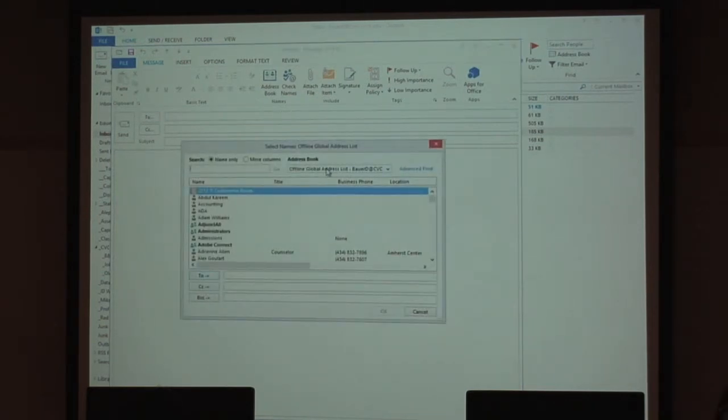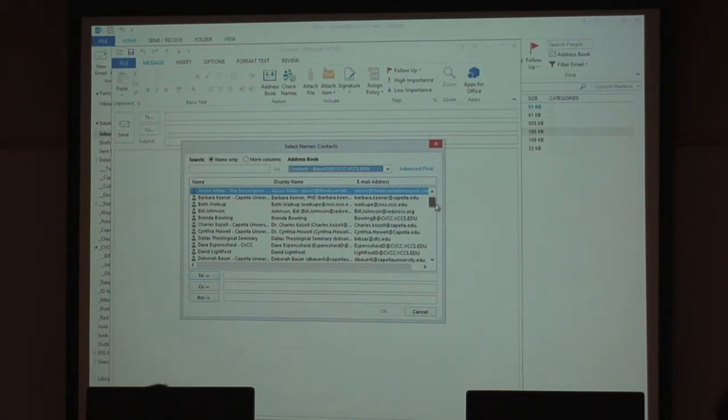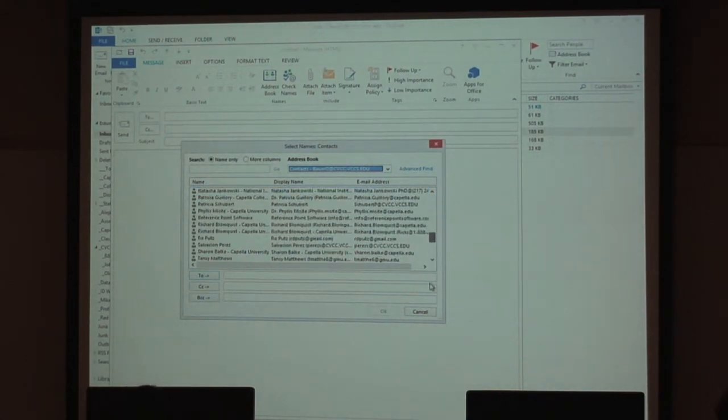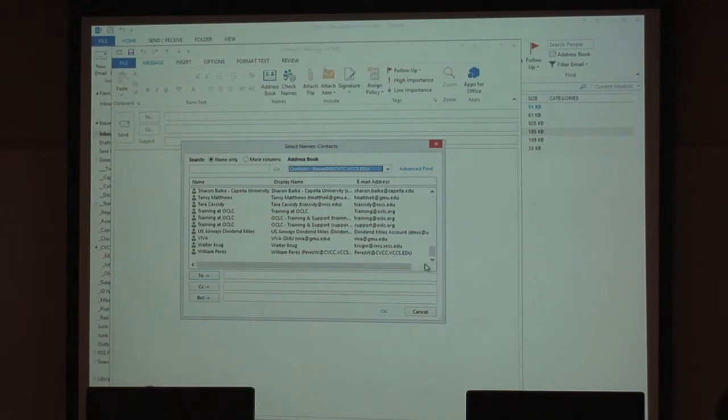Now it's going to default to the CVCC global address book, but if you have this on your computer, what it's going to default to is my personal contacts. And then I can select by contact who I want to get access to. Now unfortunately,